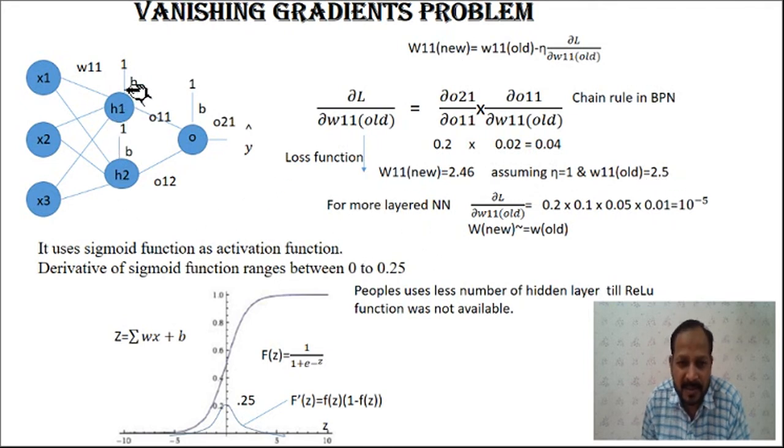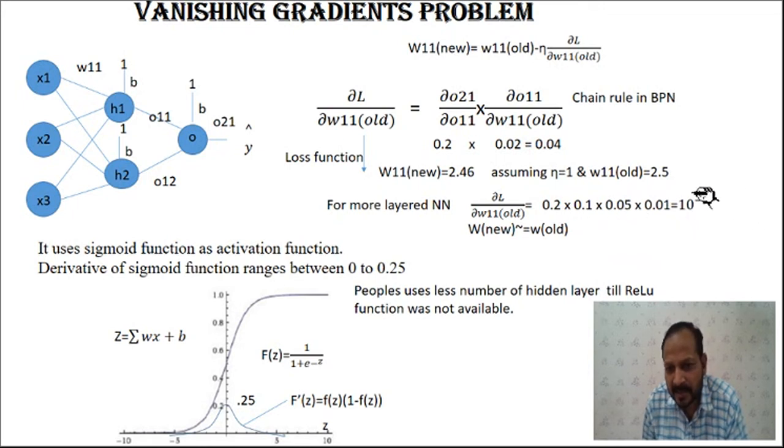So this is for only a single hidden layer. If you go for more hidden layers, in that case this function will have more partial derivative terms. If you are considering 3 hidden layers, you may get 4 partial derivatives. The partial derivative from the output to the first layer we are considering as 0.2. Next, towards the input layer, the partial derivative value is less than this one, so we are considering 0.1. These are assumed values, and they go on reducing towards the input. So derivative values go on reducing from the output layer towards the input.